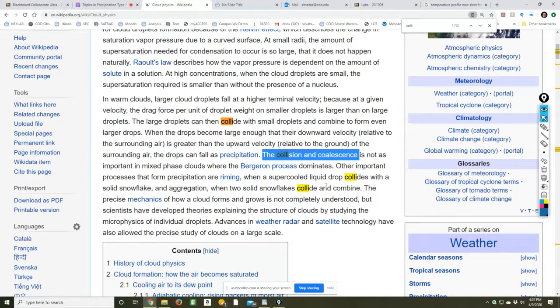In a warm type cloud, they're also small. It takes a long time to do this. So when the rain falls, it doesn't really grow very big. Do you know what we call that? We call that drizzle. So if I've got drizzle drops, which are really small raindrops, that's usually because I've got a warm type cloud. I didn't have the Bergeron-Findeisen process helping out. If the temperatures are below freezing,